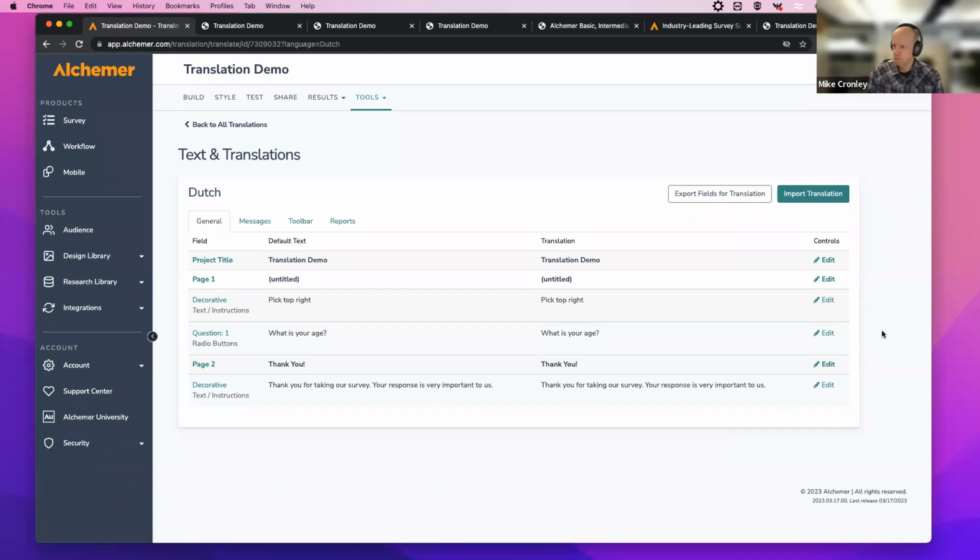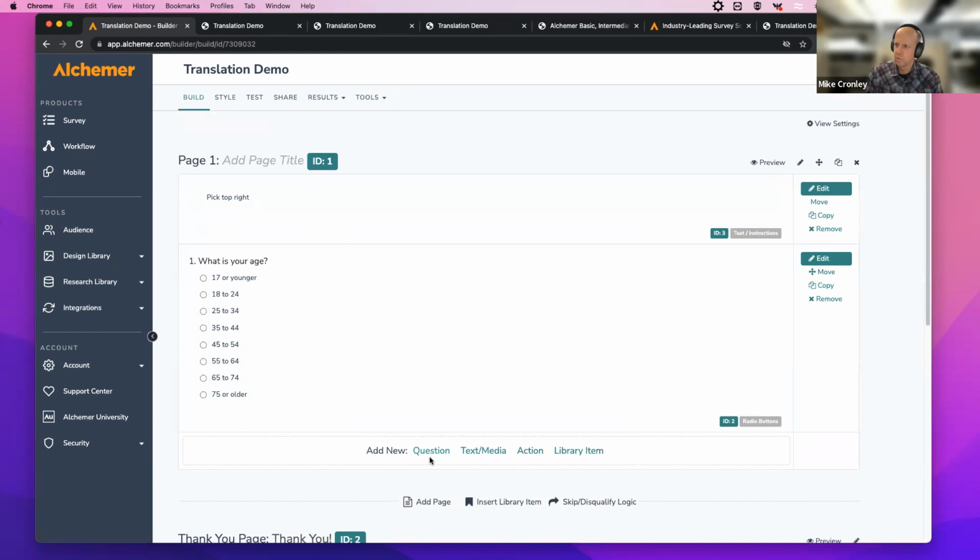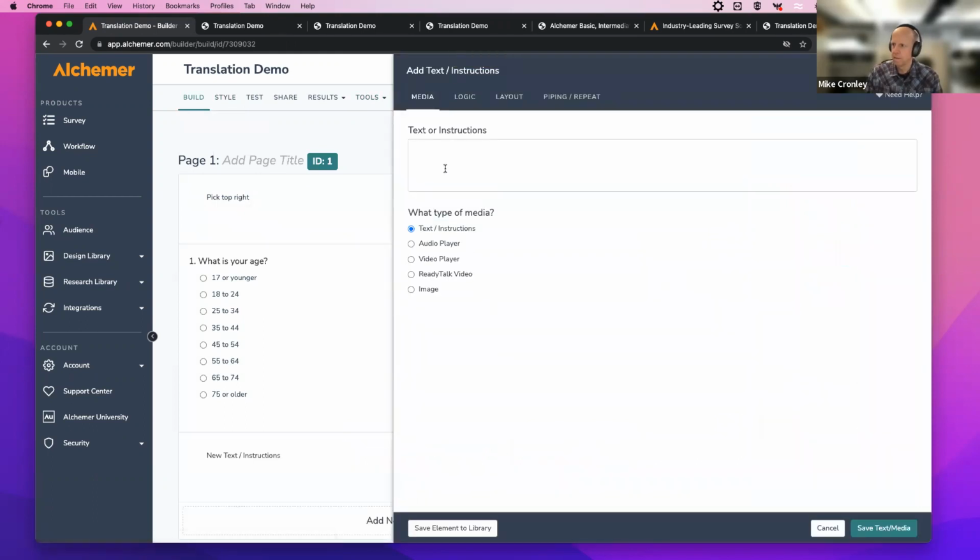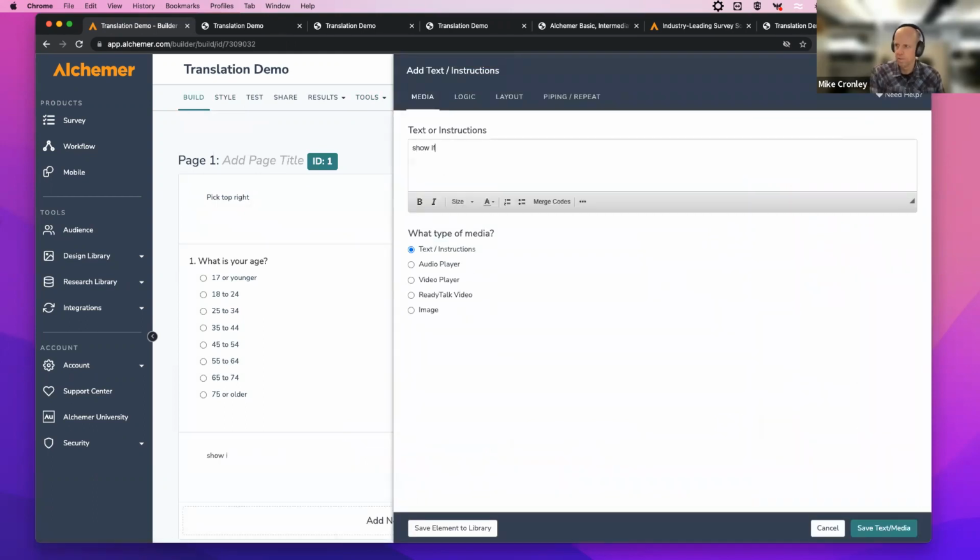Just going down this advanced path a little bit. So one of the things that you can do, I'll just add a text media, show if this, just anything.